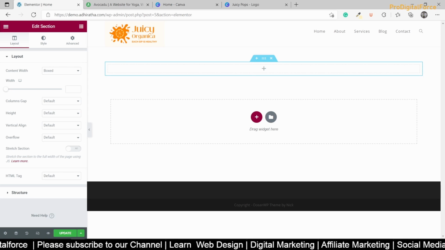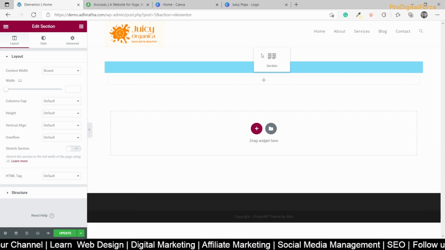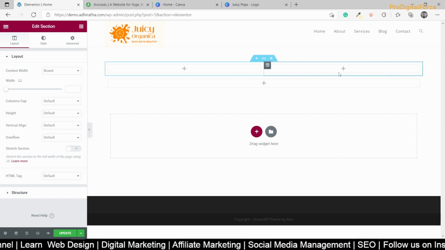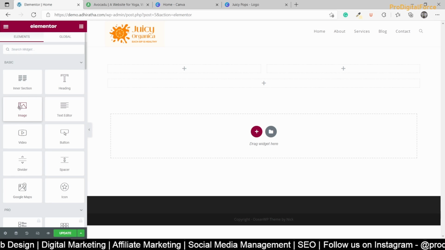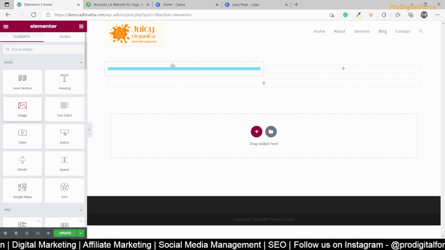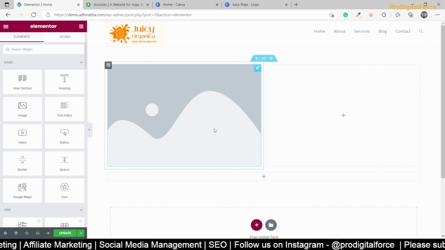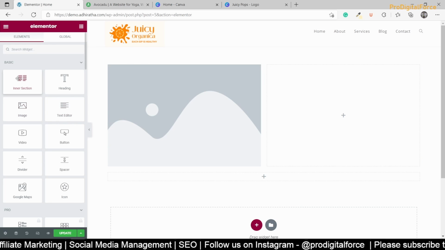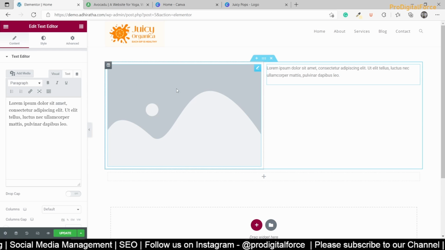Now in this one, by default you will tell something, welcome or something like that, right? Or else what we can do is add two columns. Now I want these to be above, so I can just drag and drop, that's it. Now two columns got added. I'll go to elements, so I can drag and drop an image into this one. So on one side I dragged and dropped an image, on the other side, in the right section, I'll add a text editor. So here we have an image on the left-hand side, and on the right-hand side we have text.